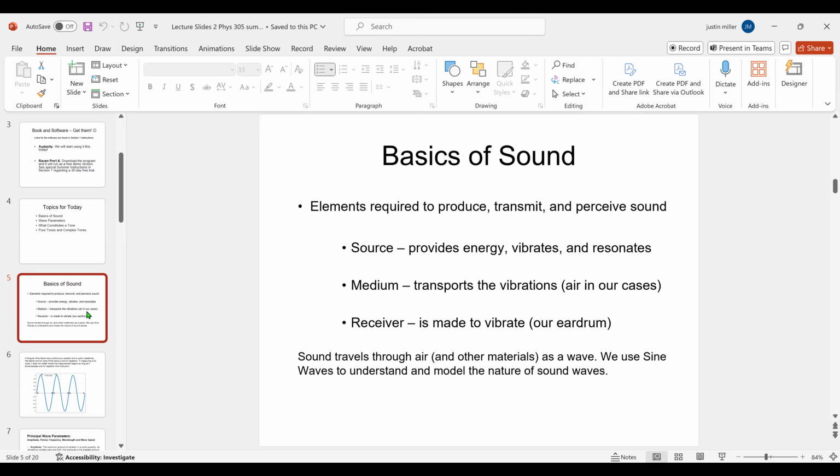Well, you can produce a vibration, but that vibrational state isn't carried through empty space because there's nothing to house the vibration itself. So if you took a tuning fork out in space and struck it, the tuning fork would vibrate, but you're not going to hear anything, because there's no material to channel that vibration from the source to your ear. So that's why it's important for us to be in air to perceive sound. And we'll look at some animations regarding vibrations of air molecules in a bit,